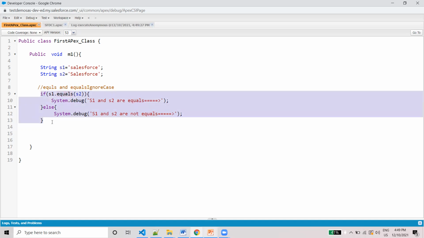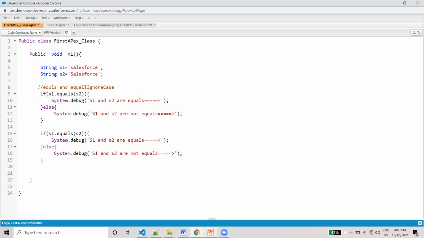Same way, we use equals ignore case. Now we will see which one is printing. I copy and paste this one.